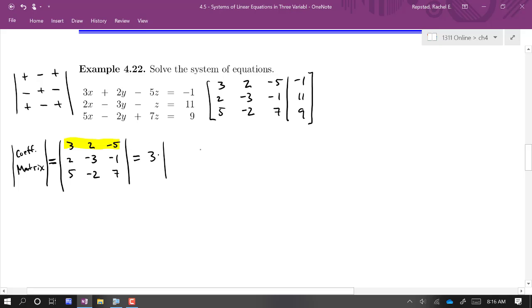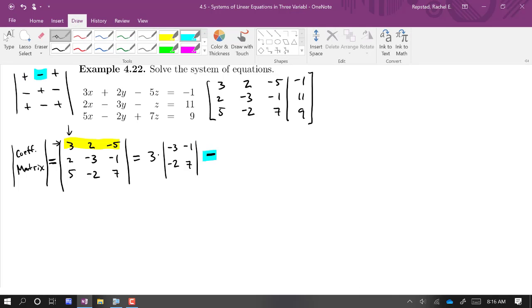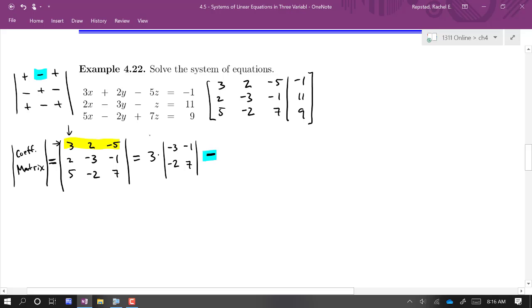So I'm going to have 3 times the determinant of the 2 by 2 I get when I eliminate that row and column. That would be -3, -1, -2, 7. And then minus, using that pattern of signs, 2 times the determinant of the 2 by 2 I get if I eliminate that row and column, which is 2, -1, 5, 7, and then plus